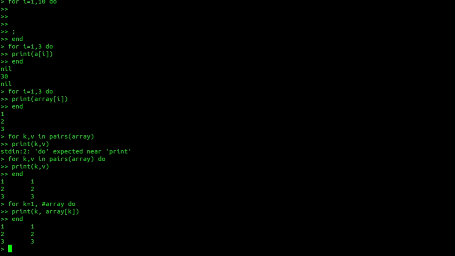Now let's talk about safe navigation. Let's say you are creating some library in Lua and you are using it, and that library has a deep level of nesting. By that I mean, if you have a library named lib, and you have foo, which is a sub library or a sub module inside that, and inside that you have another function, and inside that you have some variable or some structure, and you want to navigate to it.